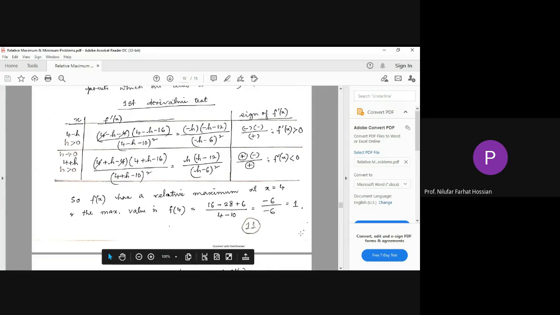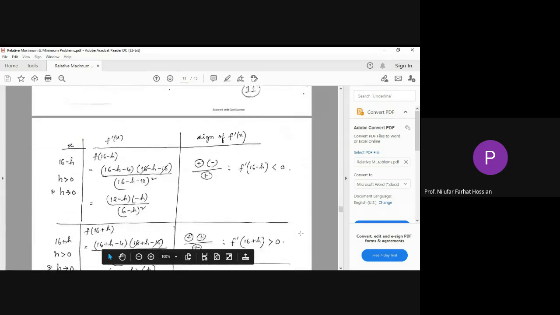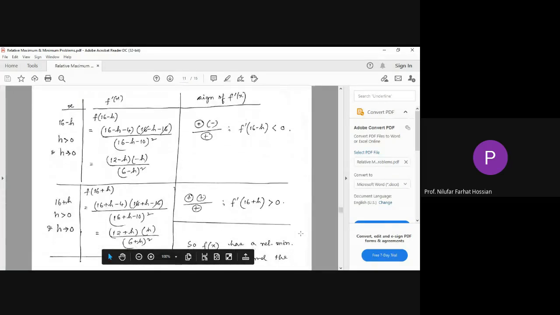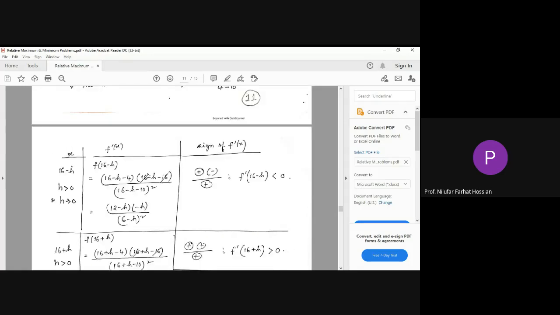Now we check for the second point, x equal to 16. So 16 minus h and then 16 plus h, where h tends to 0, which is a positive number. So the technique is the same. You just put down the value of x like 16 minus h here, and here 16 plus h. Now check the signs. This is important. It will be 12 minus h. This will be definitely positive, and here 16 minus 16 cancel out because